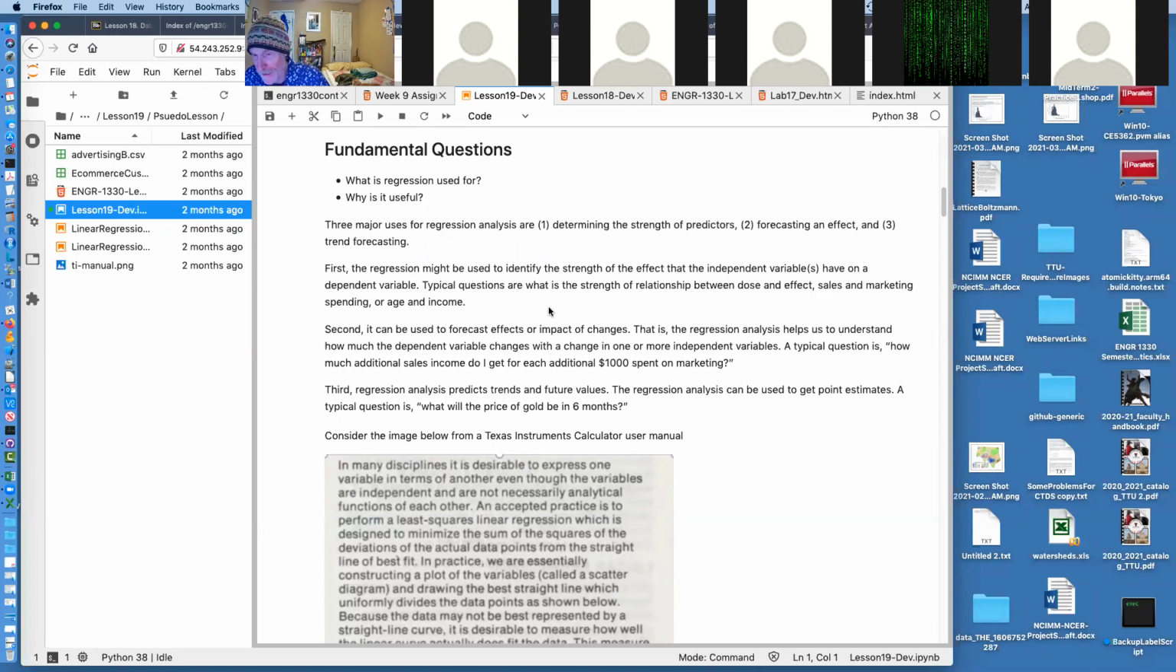Third, regression analysis can predict trends in future values. We can use it to get point estimates, which is what we did with the speed versus time. A question might be, again, from the field of making other people's money yours, what will the price of gold be in 6 months? In fact, if you had a prediction engine that was very accurate at answering that question, you could pretty much quit your engineering career right now, run that prediction engine a few 6-month sequences, and